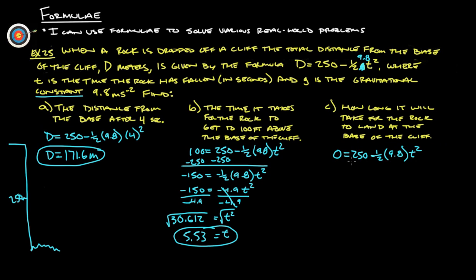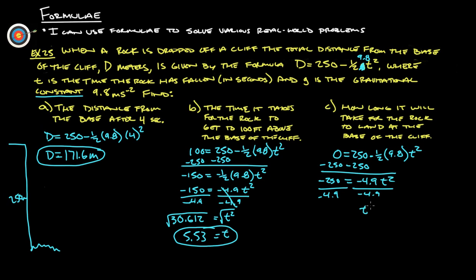Okay, so first thing, we have to get rid of the, that's terrible in there. Let's fix that so that it's actually readable. Right, so this is minus 1/2 times 9.8 times t squared. So we have to get rid of the 250 first. Subtract 250 from both sides, and we get negative 250 equals, we already figured out earlier that negative 1/2 times 9.8 is negative 4.9 t squared, divided by negative 4.9,